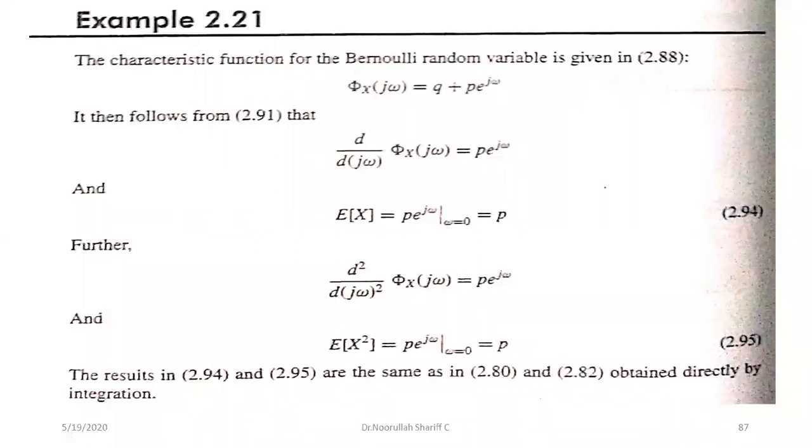E of x to the power n also will be equal to p in the case of a Bernoulli random variable, which we have already seen. Okay. Let us try